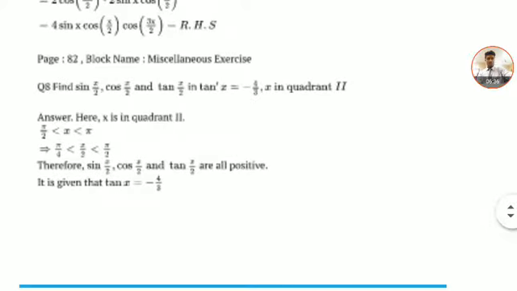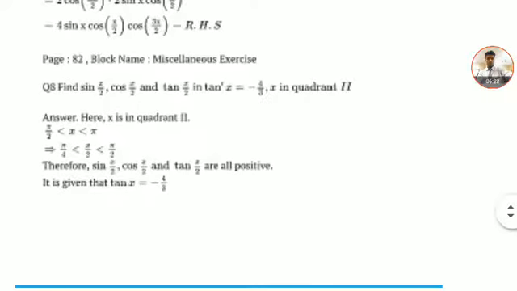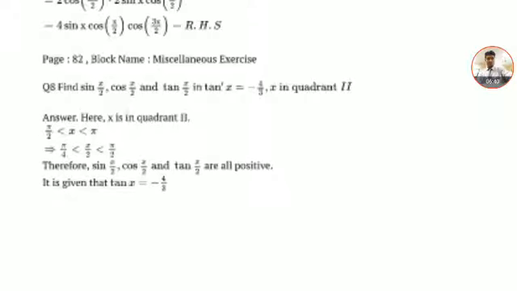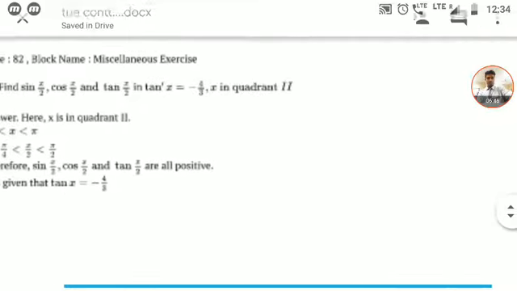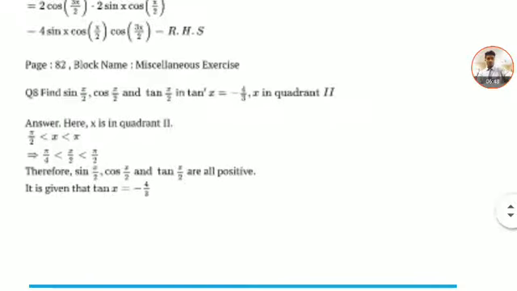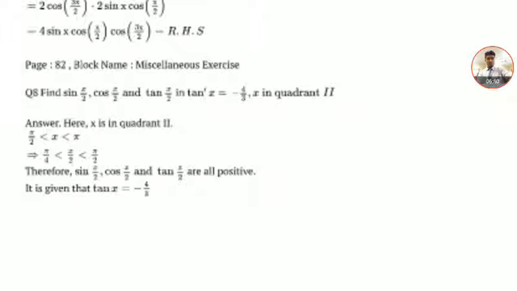This is very important. There's one question in the examples. Do that question first, finding out cos theta by 2. It uses your half angle concept. Okay, question number 8. First do that exercise, this miscellaneous. It's example number 8 or 9 maybe. Just go through this sin x by 2, cos x by 2, that example, or we'll do it in the next class. So make sure you copy these things in your copies and you do it on an everyday basis.